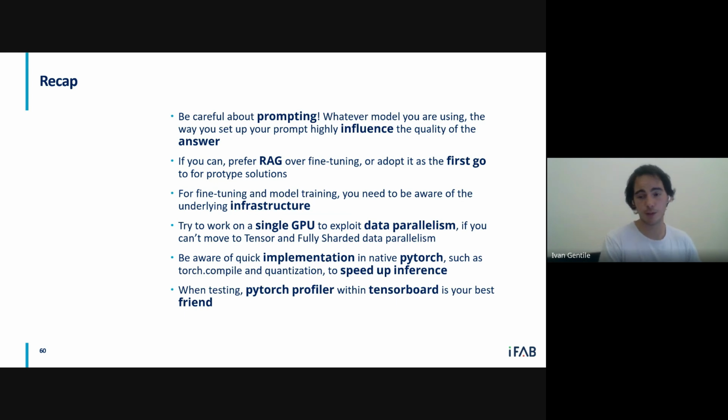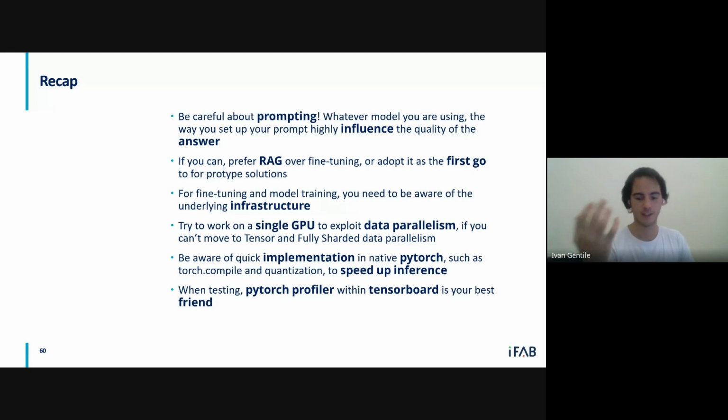In order to do the fine-tuning, you need to be aware a bit of the infrastructure you're using. Even if you use a cloud provider, be aware of the interaction of data parallelism. Have clear in mind the relation between multi-node, multi-GPU, or multi-GPU on a single node in order to implement the correct solution. If you can, try to work on a single GPU.